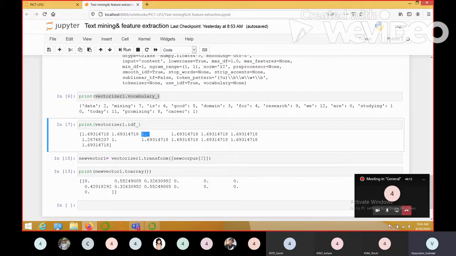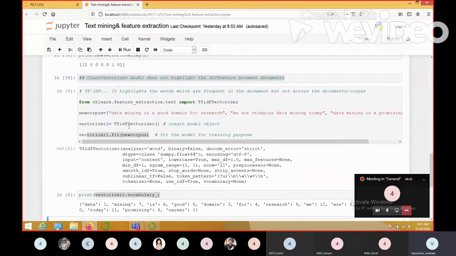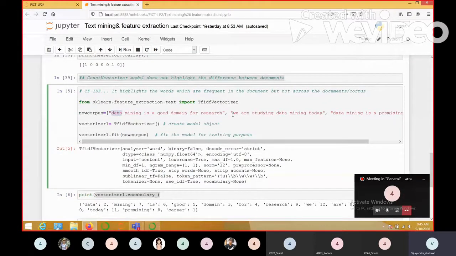So I'll make you understand how to interpret this particular output. If data is having an IDF value of 1, that means it is of no use to me. It is simply a common word between all the documents, and rightly so. Data is appearing in the first document, the second document, and also the third document.